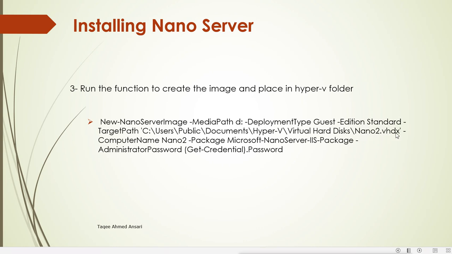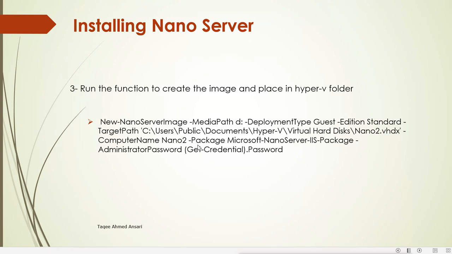Then we will mention the computer name for our Nano Server. In core server or graphical server, we mention the name after installation. For Nano Server, we can mention the name directly here, whatever name you want. Then you can install the packages also.